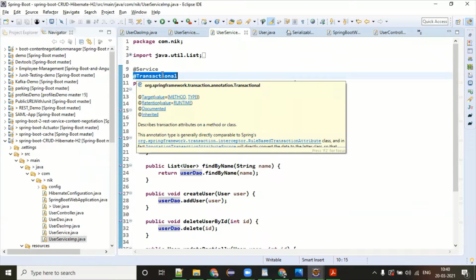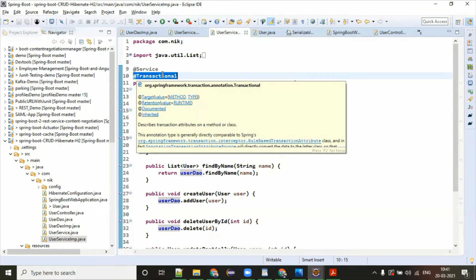You can ask me what is the benefit of putting this. Spring is going to do lots of optimization when you annotate a particular class as @Service, because service classes mostly have the business logic written in them. So if you annotate this class as a service, Spring treats it in a different way and keeps this object in the container in a well-structured way, so that when anybody wants to access it, they can easily access it.